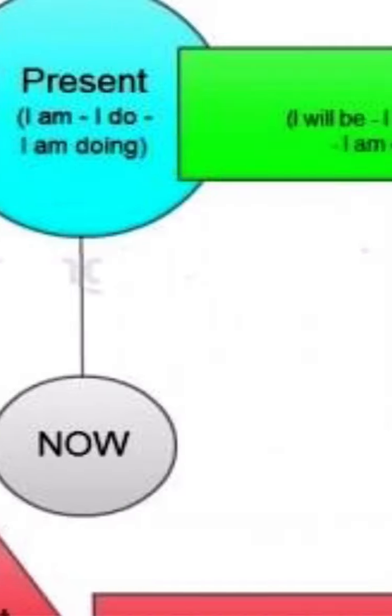Also in the past, there is past simple, past continuous, and past perfect. In the future also, there is a future simple with will or going to. I will give a lecture next week. Or I am going to have a lecture with you on Google Meet this week, for example, or next Wednesday. تمام؟ إذن this is the future tense. Also, there is a future continuous and a future perfect. أكو أيضا مستقبل مستمر ومستقبل تام.